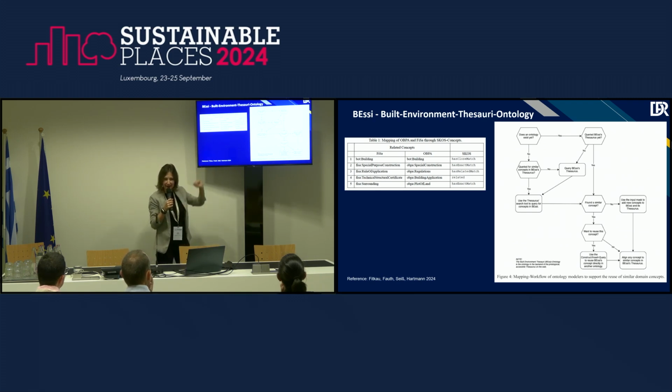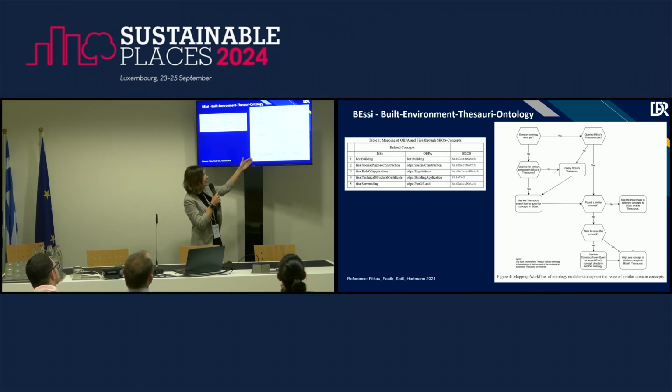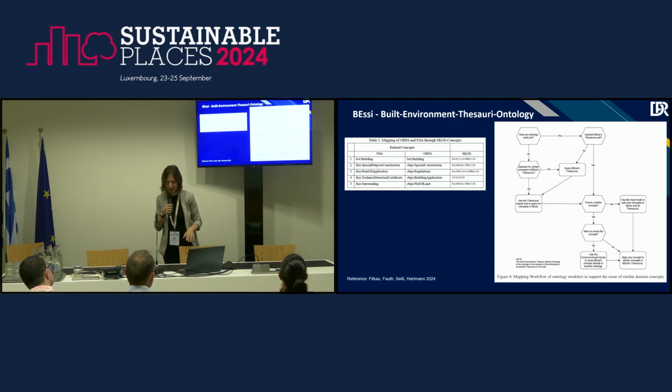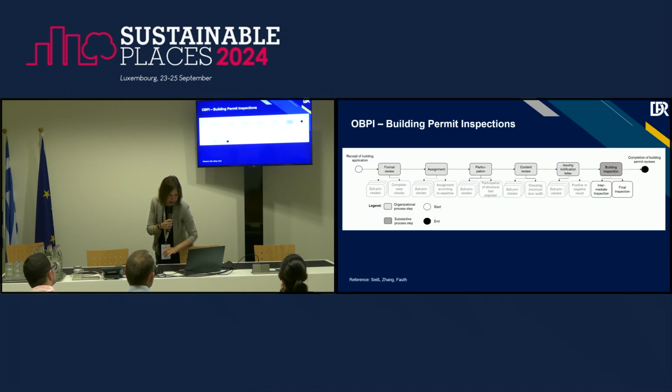We used SKOS, and this is the workflow. We were wondering, maybe it's the same message as the BDTA has, or the same question: if we want to develop something, how can we even know that something is already available, and how can we align with it? This is the first draft, the first workflow where we see it. But I want to show you a little more.